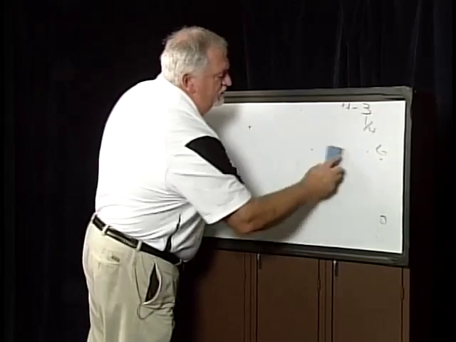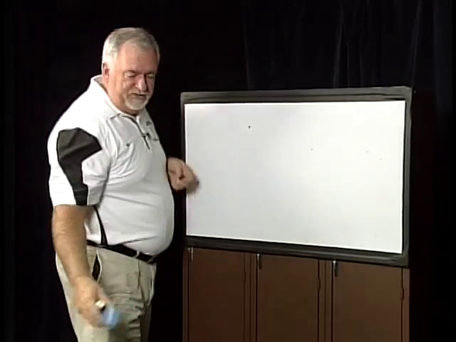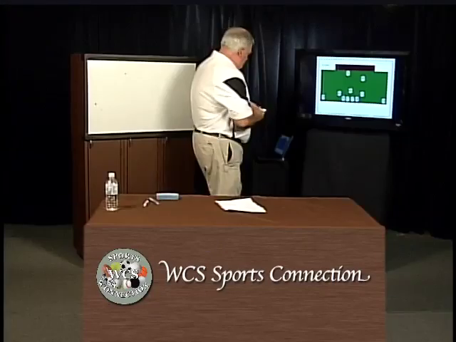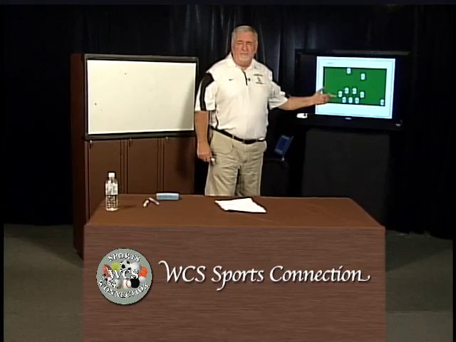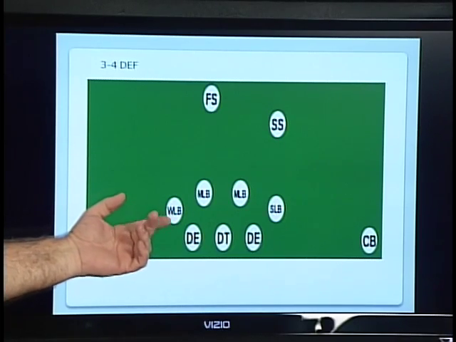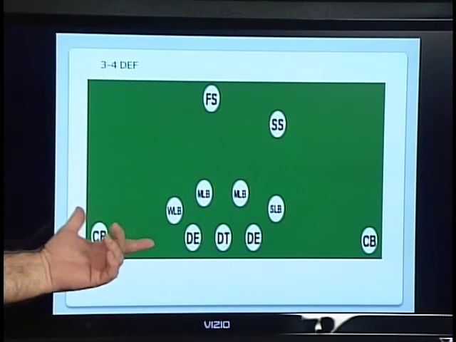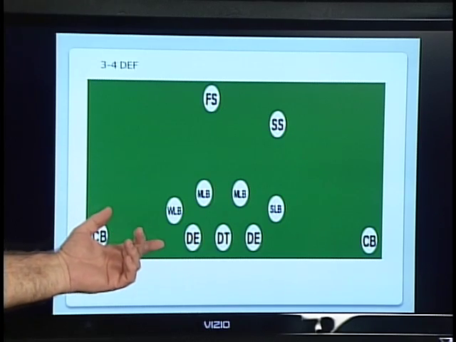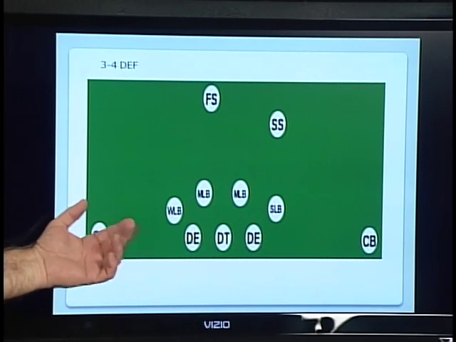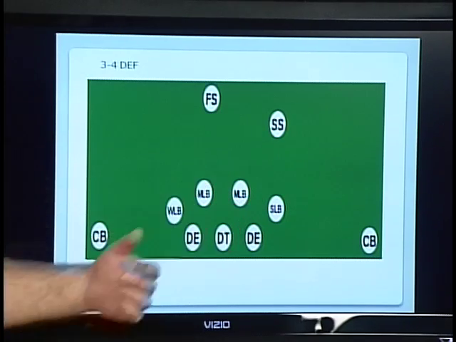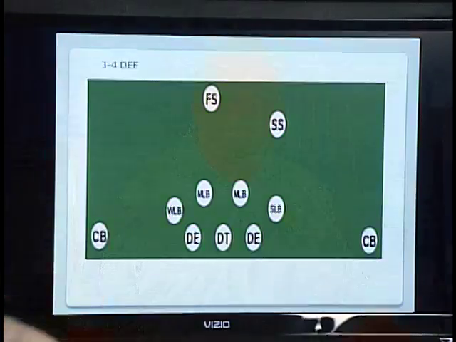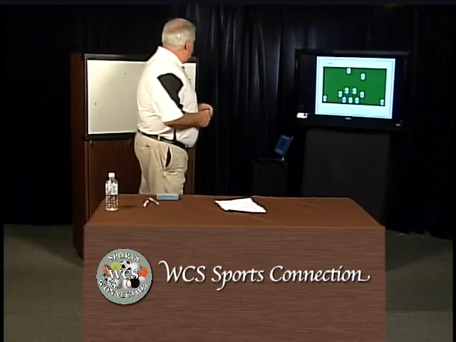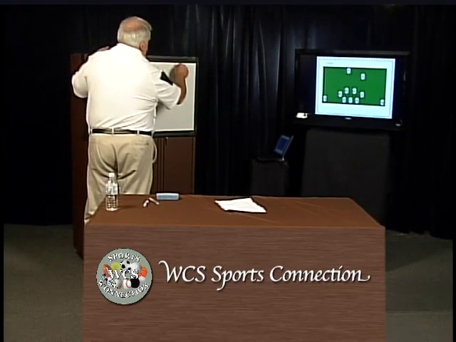Next. Defense. What a great game. Now this is what you see teams running now. This 3-4 defense. When I first started coaching, we used to call this a 52. But they changed it. They backed these guys up out here and made them linebackers. And this is the old 52, but now it's called a 3-4 defense. And the personnel is a little bit different. All right? So, on a 3-4 defense,